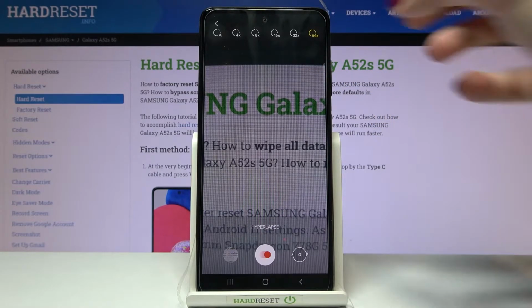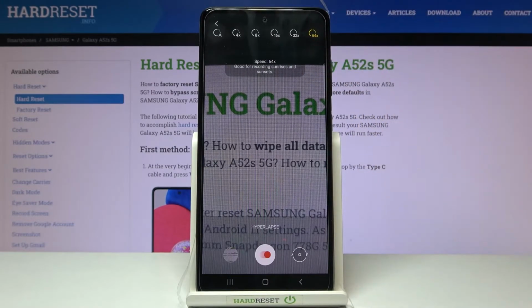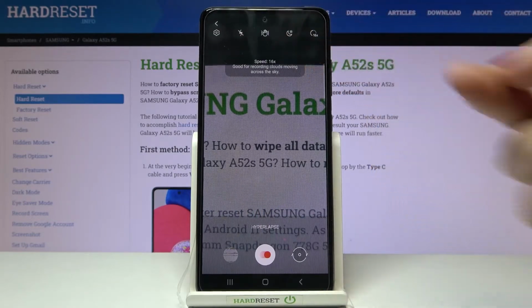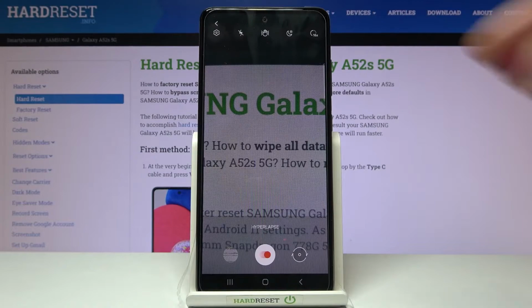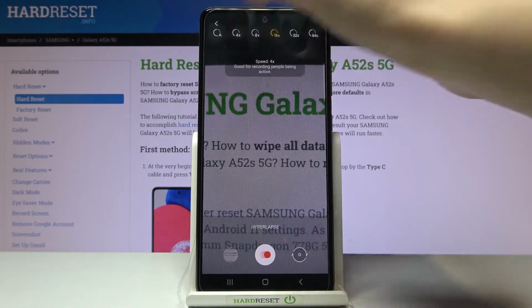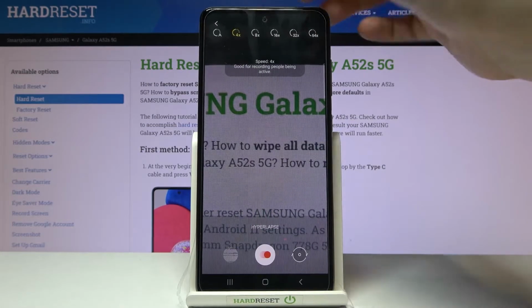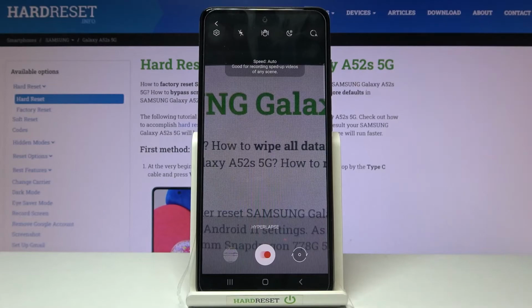So for example, 64 is good for recording sunrises and sunsets. Maybe let me show you also 16, good for recording clouds moving across the sky, and let's pick also 4, good for recording people being active. So you can pick whatever you need. Now let me stay on auto because I don't really have good conditions to record this type of video, but